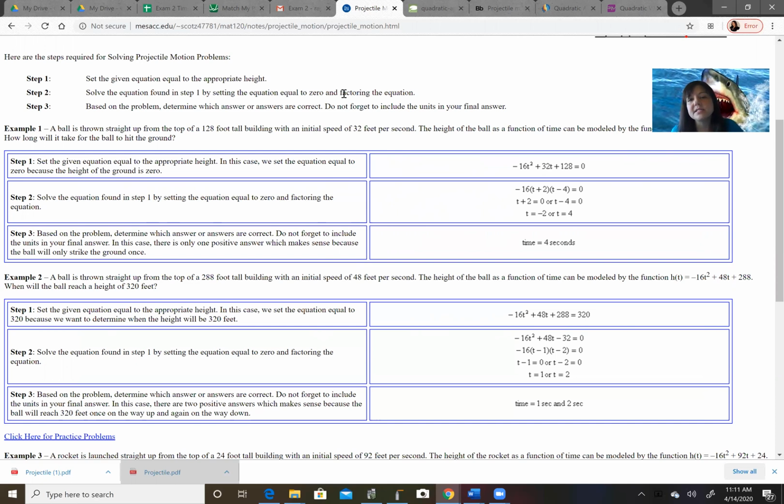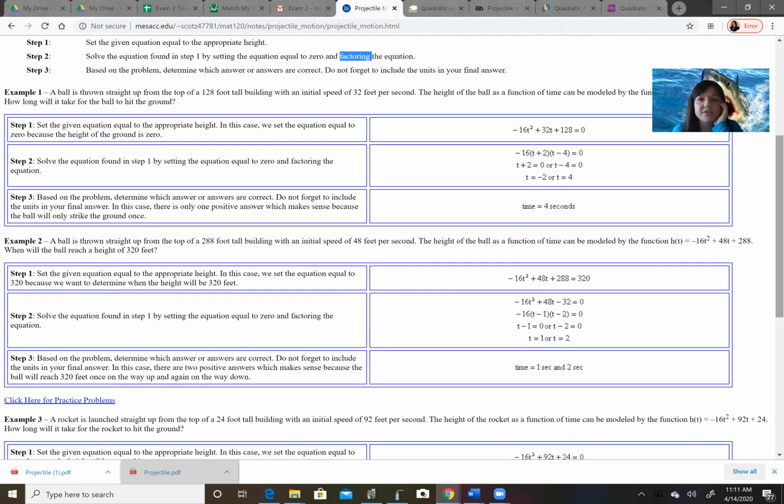Now, here where it says factoring, we don't have to factor. We have 3 ways that we have learned to solve equations. We have factoring, or we have used the quadratic equation, or completing the square. So there's 3 different ways that you can solve quadratic equations, right? So instead of just factoring, you could use any method to solve quadratic equations, and based on the problem, determine